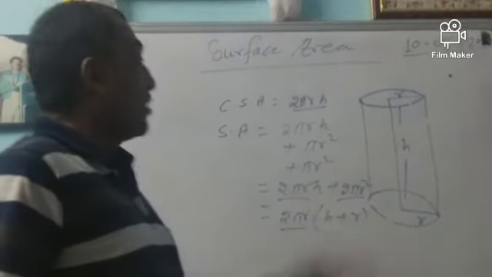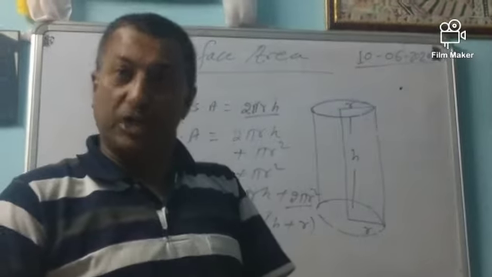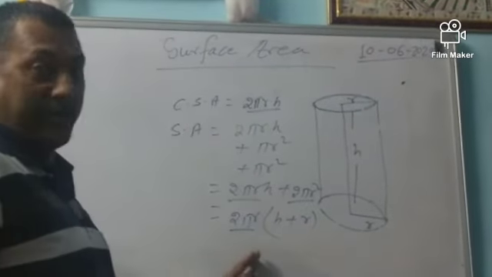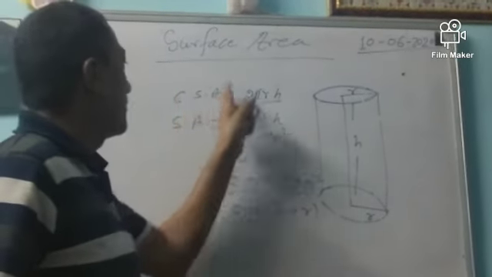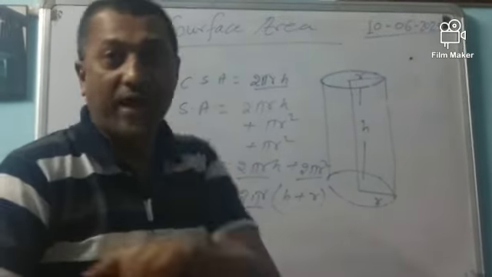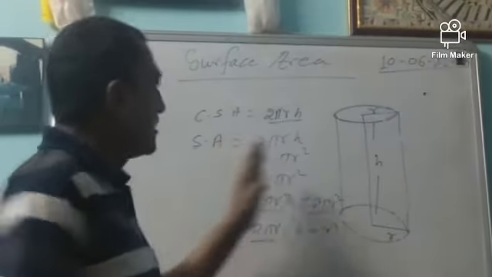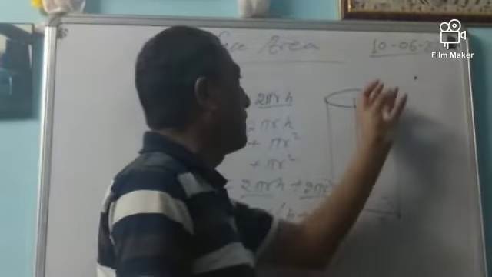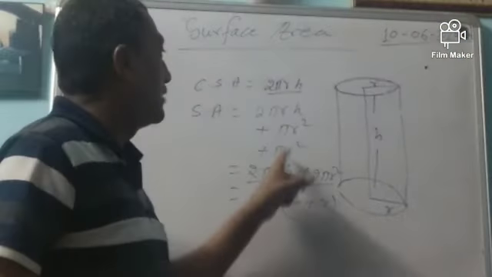So we have also discussed the curved surface area and the surface area of a cylinder. Based on this formula, we can solve any question. Whenever radius and height are given, we can find the curved surface area. And when radius and height are given and the question is to find the surface area or total surface area, then we can apply this formula. This is a simple concept because the upper part and bottom part are circular, so we know the area of a circle, pi r square. Because two circles are there, that's why we have added it twice.